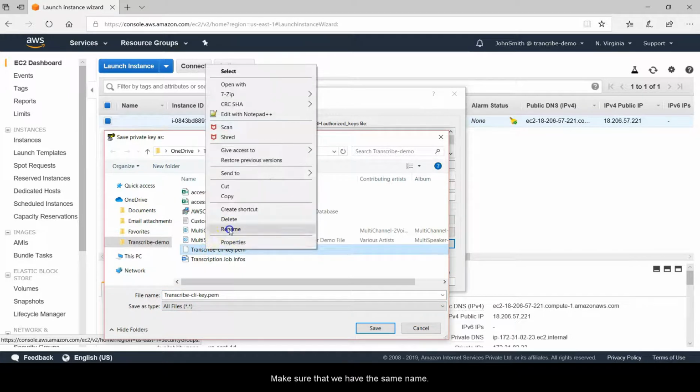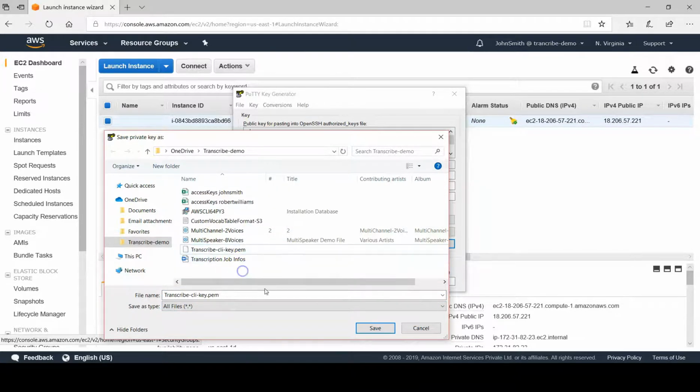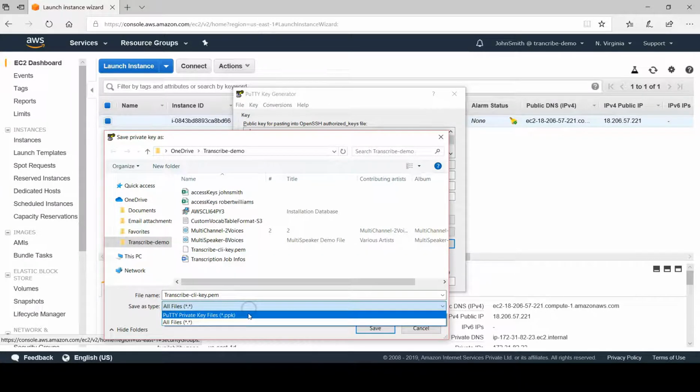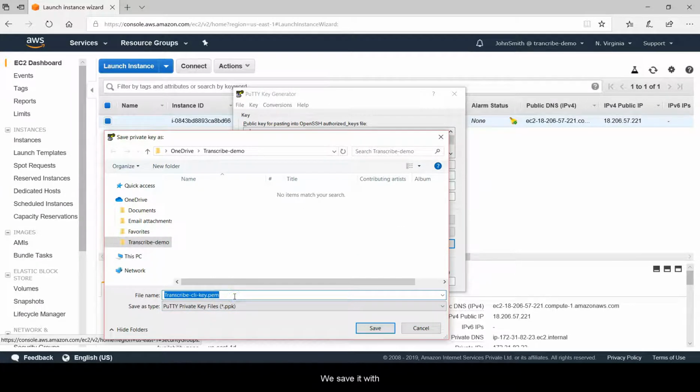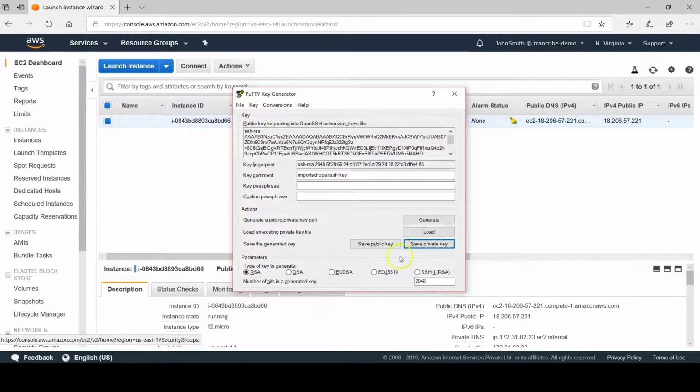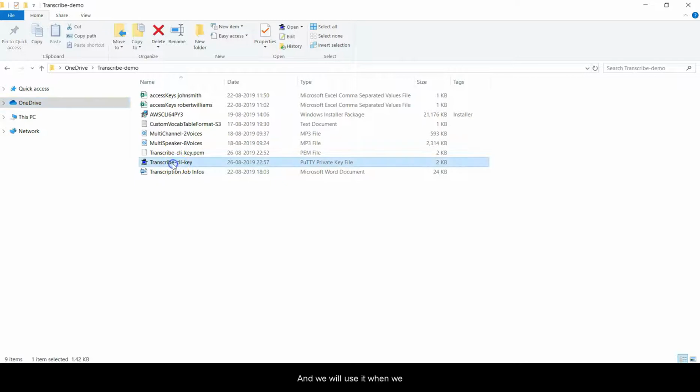Let me just make sure that we have the same name, and we save it with the .ppk extension with the same name as the .pem file. We click on save, and the file has been generated, and we will use it when we try to connect to our EC2 instance using PuTTY.